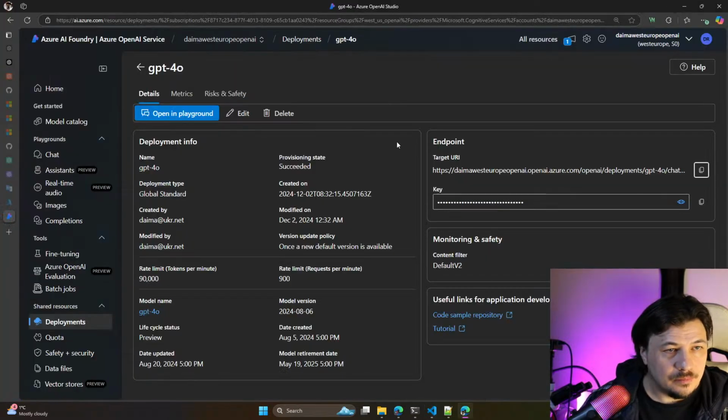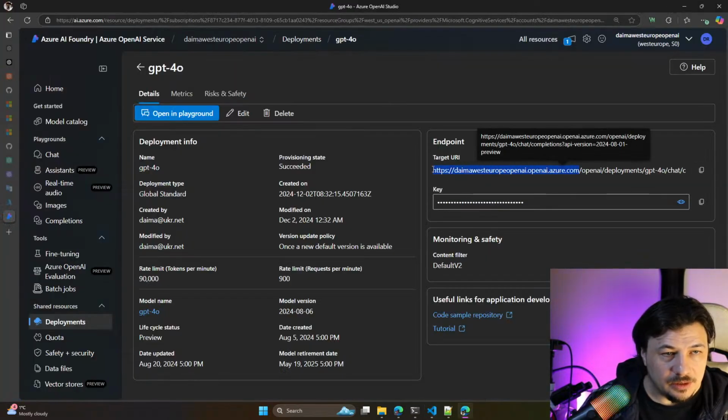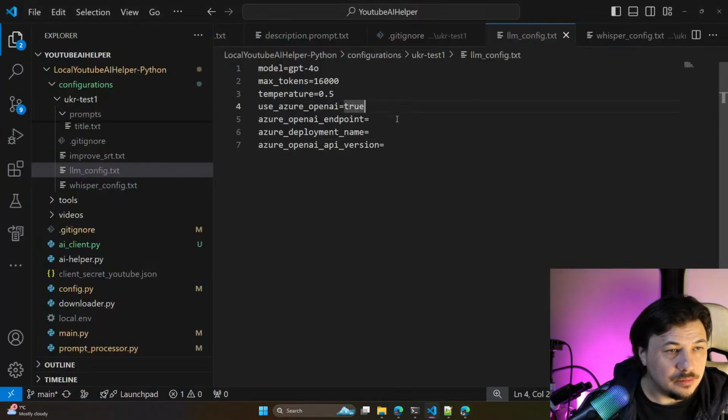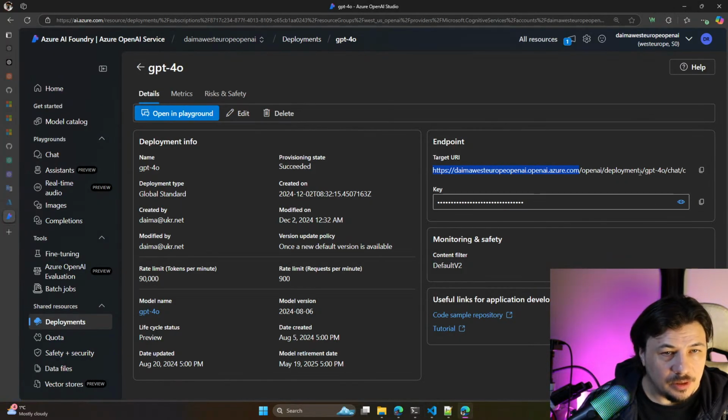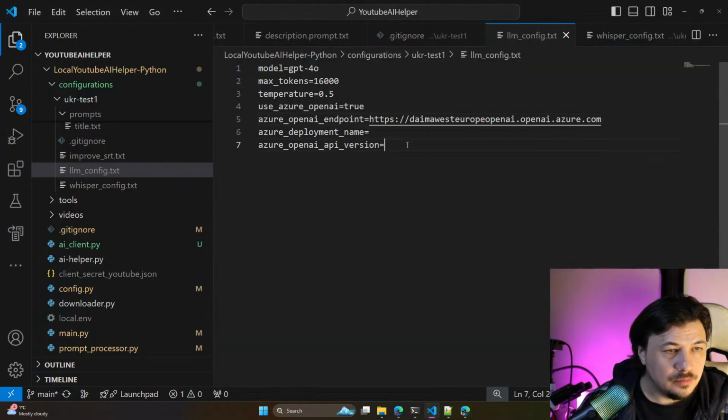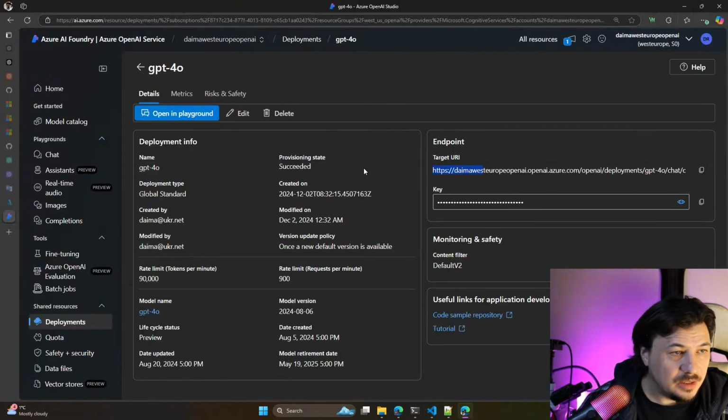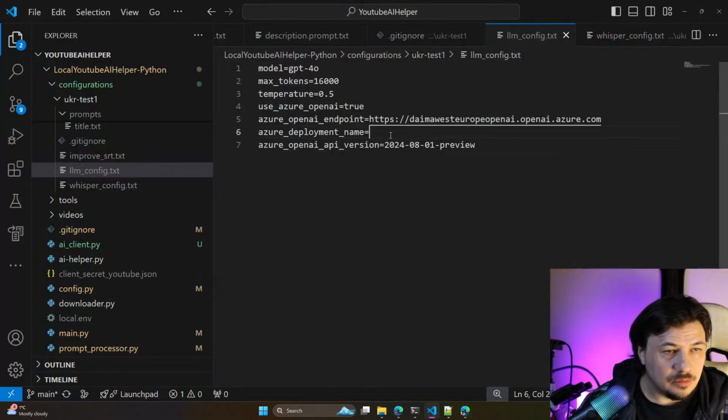Okay. Let's go once again here. It would be our endpoint. It would be our version. Deployment name, it would be the same as the model.